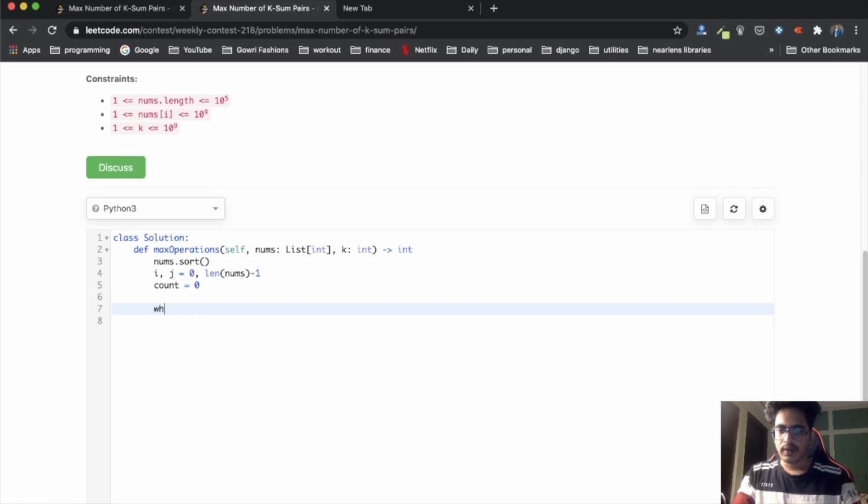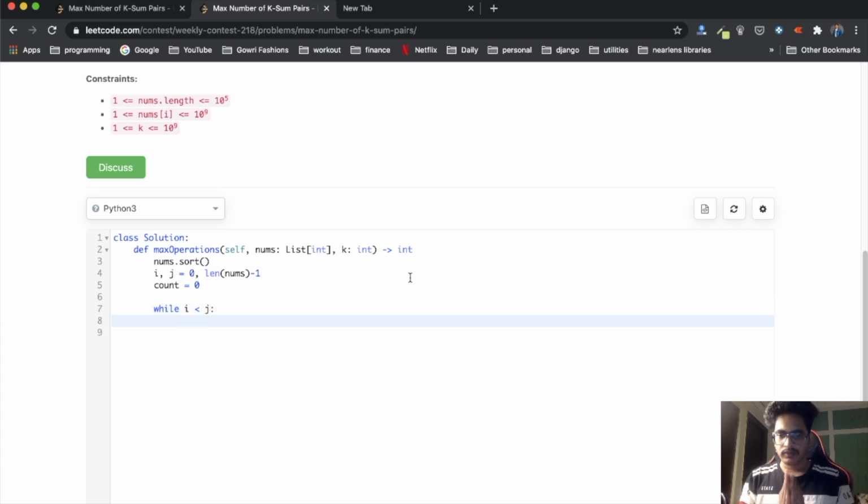Next, while i is less than j, we'll be iterating over i and j. We'll use total is equal to nums of i plus nums of j.